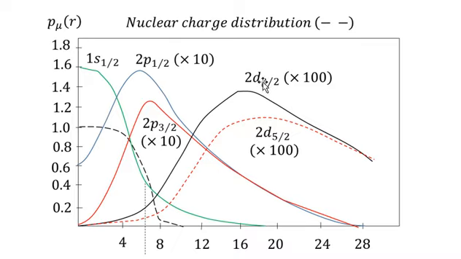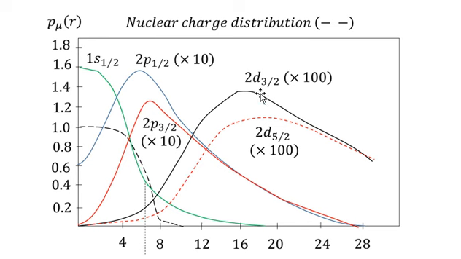So there is another state that the muonic atom could be in. The muonic particle could be in the 2d3 half state, and this has been multiplied by the factor of 100. So this curve, which is shown in 2p half, was obtained by multiplying this curve with the factor of 10. Otherwise, this is very short. You see that this peak is very short because it has been exaggerated by multiplying it with a factor of 10. And similarly, this 2p3 half was multiplied with a factor of 10